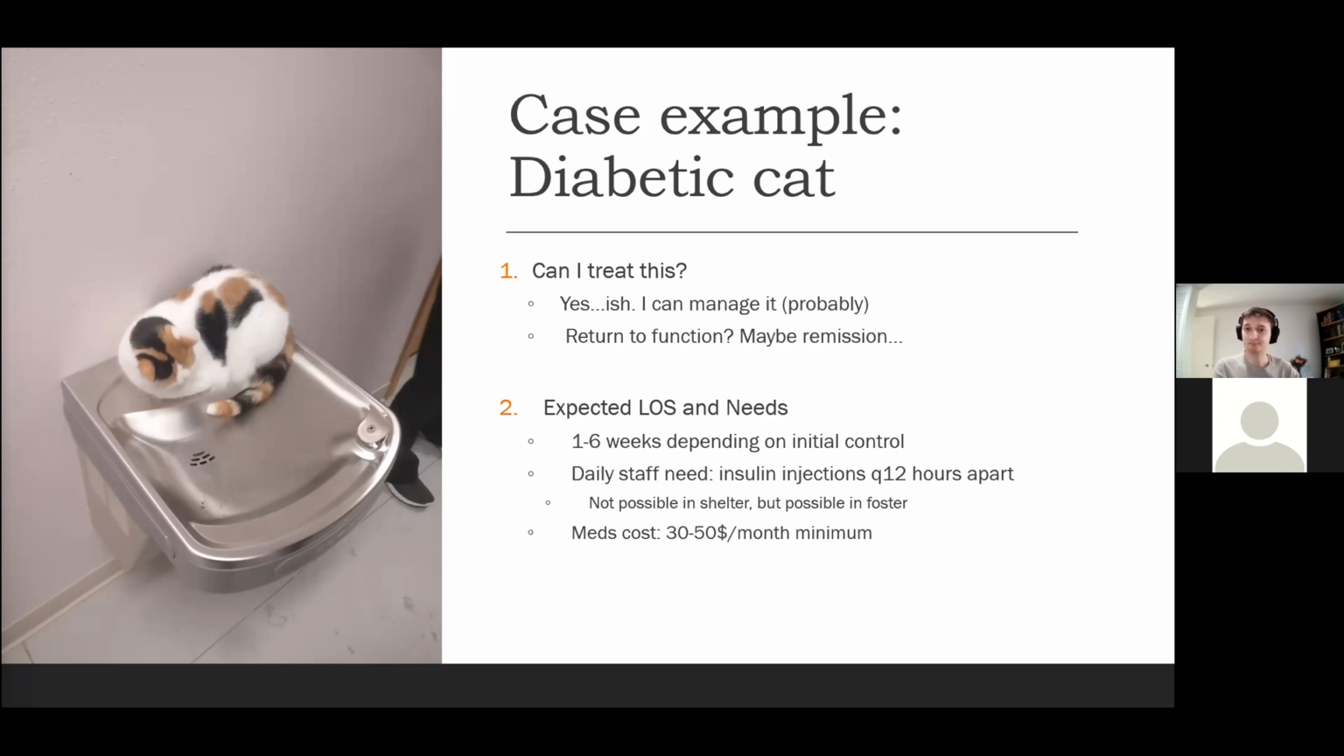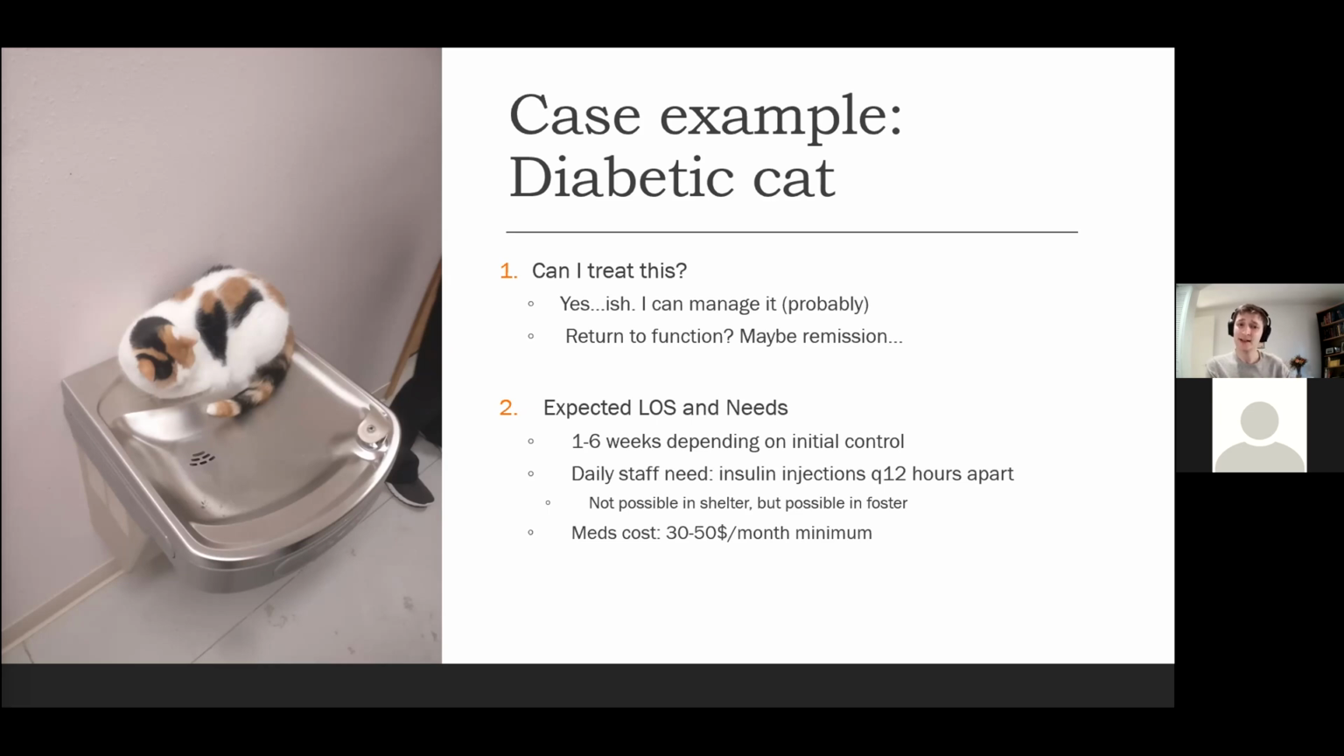Return to function, maybe. There's a chance of remission. There's a chance that this animal has no more clinical signs, but maybe the chances of true cure is not that great. It might depend on when the diagnosis was made, that this animal came into the shelter a known diabetic, or if it's an animal that I had to diagnose in the shelter, and how long has this been lasting. Expected length of stay and needs. Now this becomes very valuable. It could be 1 to 6 weeks, depending on if this animal was pre-controlled when it came in, or if I need to do the blood glucose curves